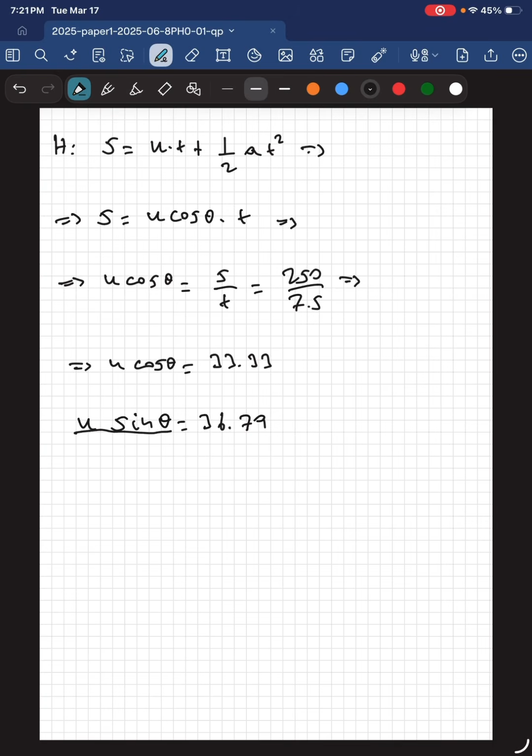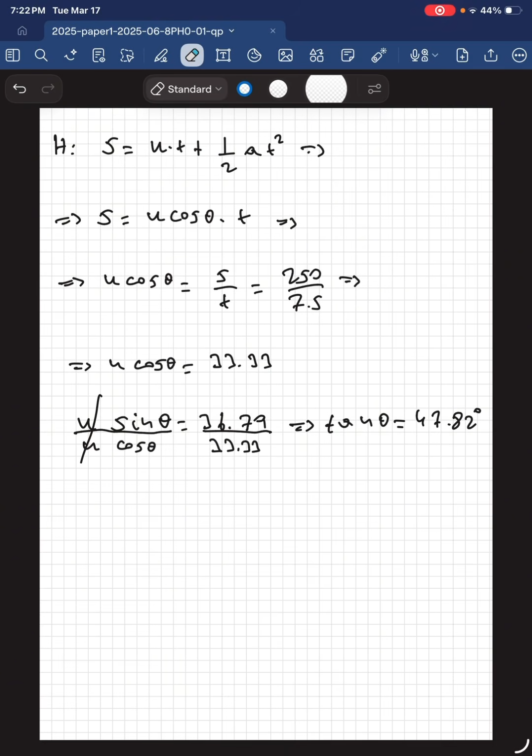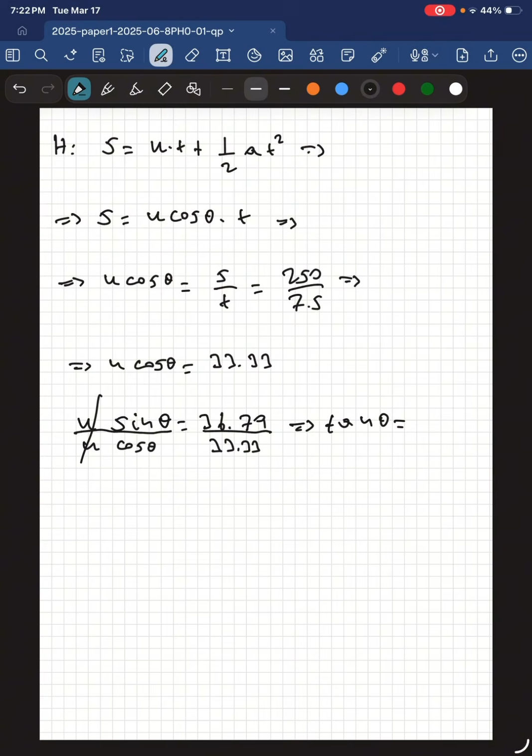And then if we divide this by u cosine theta, which is 33.33, u cancels, and we see that tangent of theta is 47.82. Sorry, I took an extra step. So tangent of theta is 1.1, therefore theta is 47.82 degrees, and then thus u is